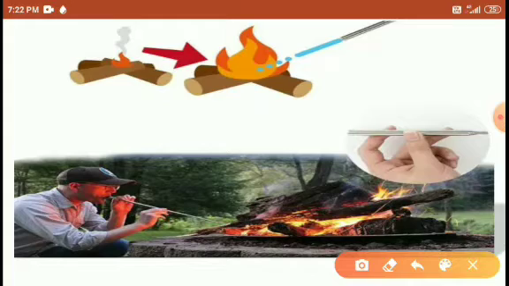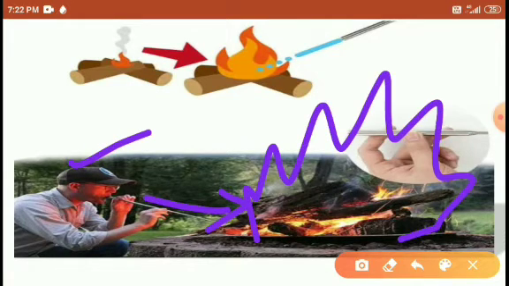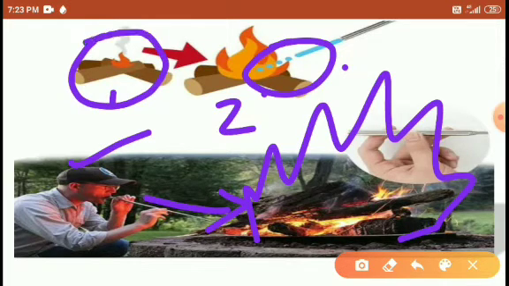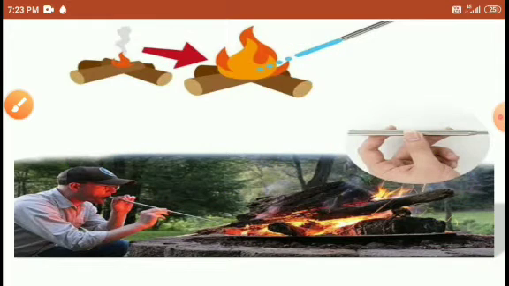So look at here, students, the person is blowing air toward this fire. If he blows air, that's why it burns vigorously, students, right? So these two pictures indicate that the concentration of reactant, here the air, increases, increasing the burning. Here the air is less, so burning is also less, right, students? I hope you understood this example, students.